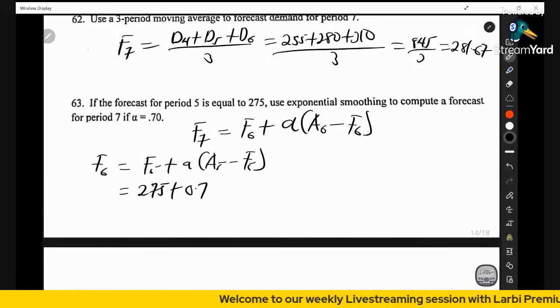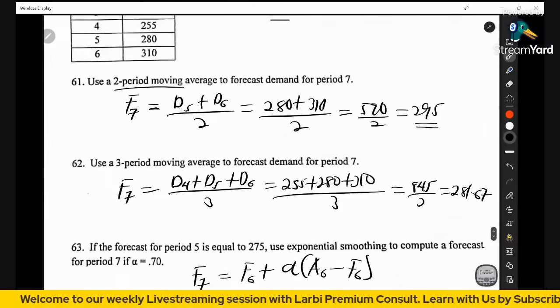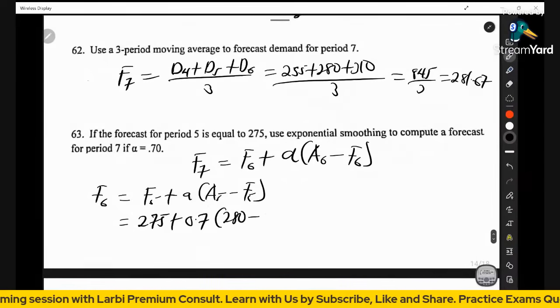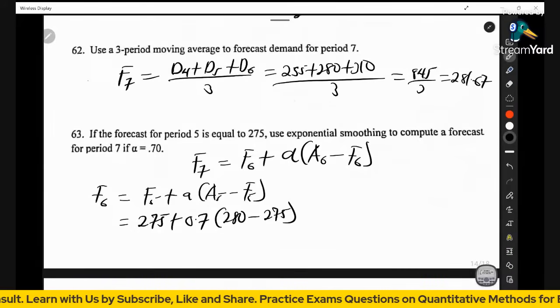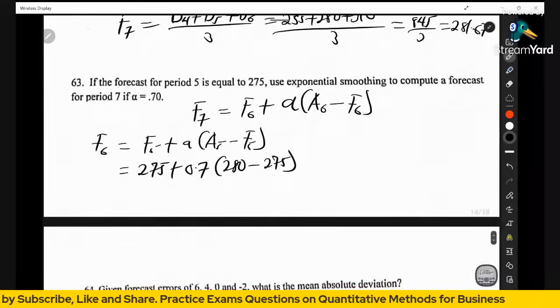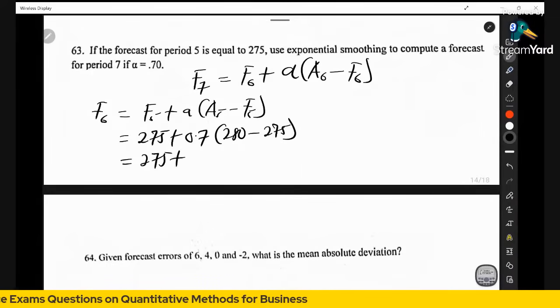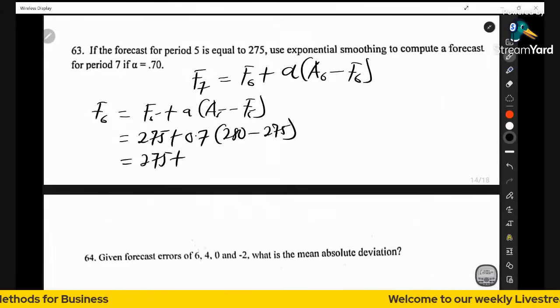All right. And what was the actual for week 5? And we know that to be the demand of what? 280. So bring that here minus the forecast for week 5, which is what? 275. Okay. So once you're able to get that, then we are good to go. So we have 275. When you multiply 0.7 by the difference between the two, you should be able to get